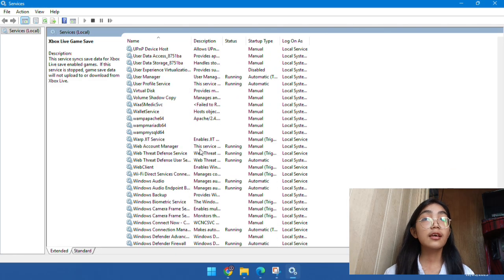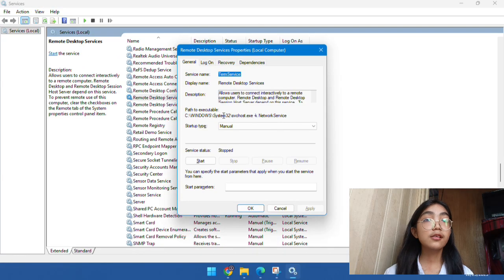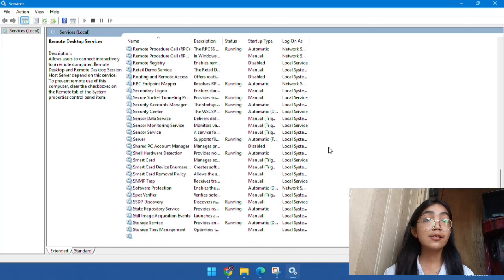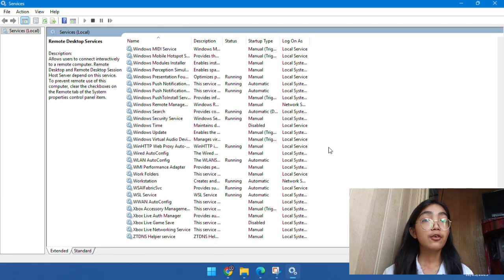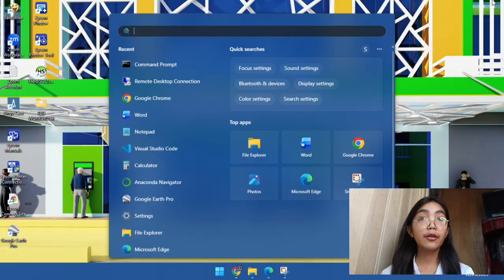Additionally, Remote Desktop Services is also disabled because it allows remote access to the system, and if it is enabled without a strong password or proper access control, it can be exploited by attackers as a hacking entry point. So if you want Remote Desktop Services to be accessible, it is important that we